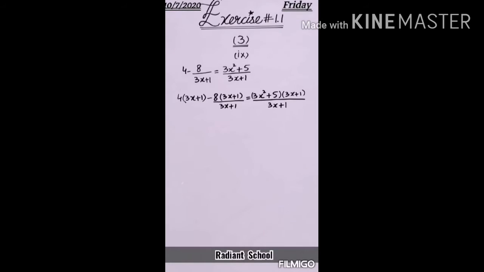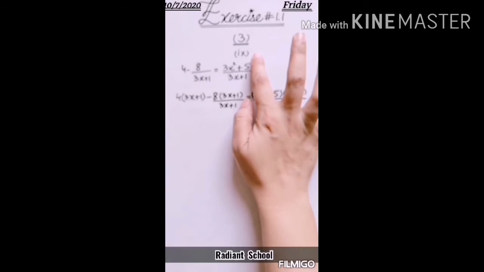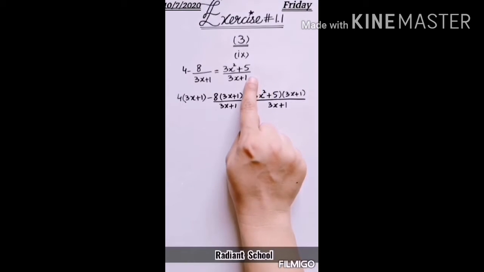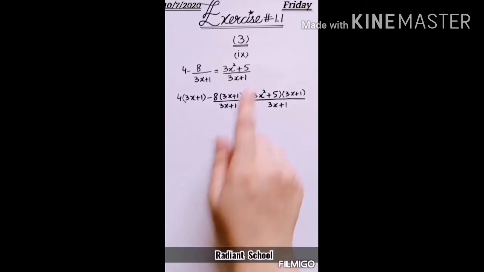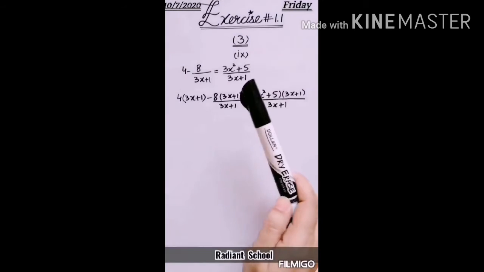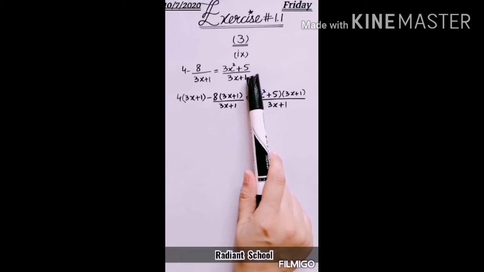Okay students, now I have taken the difficult part. I have taken the ninth part. In the ninth part you can see that a fraction is involved, and you first have to write the given expression in the form of a standard quadratic equation. To write this in standard form, as it is a fraction, you have to multiply the LCM on both sides with all the terms.